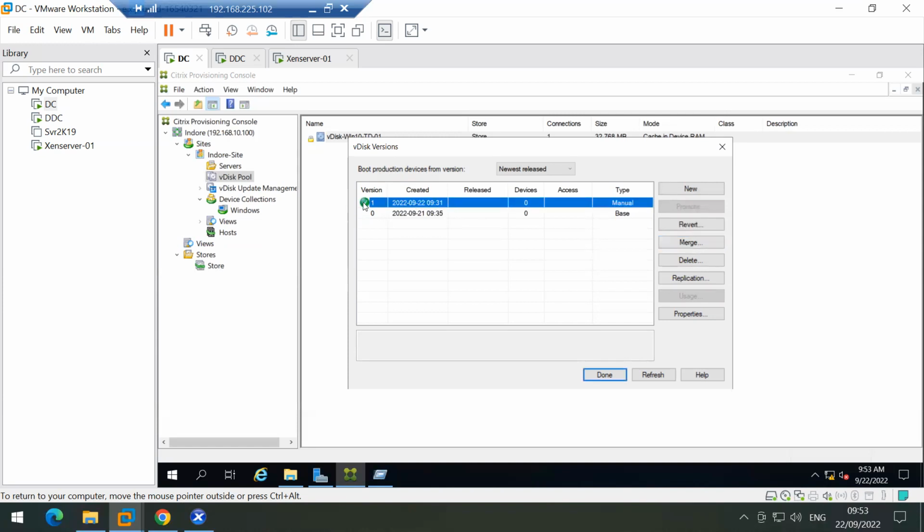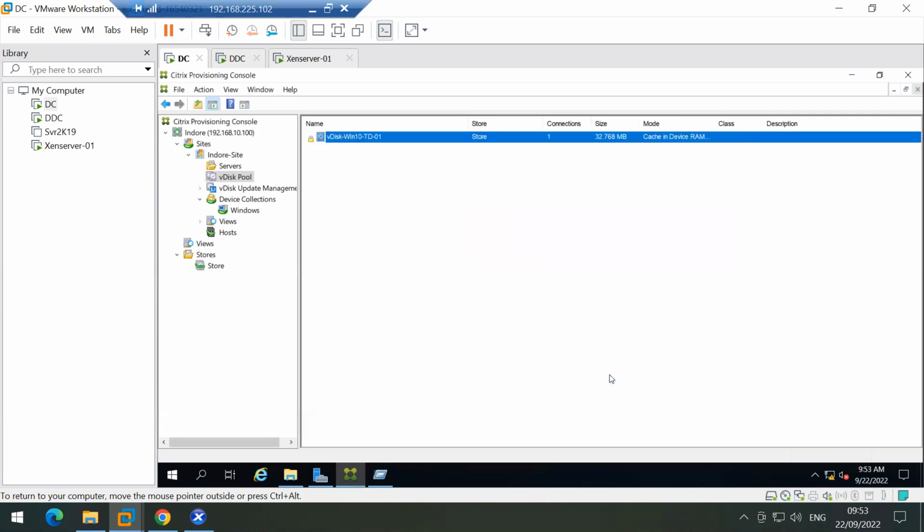So now, as you can see, this is the current running version, which is in the production now, and if you want to revert, you can revert it from here. And if you want to delete this version, you can do that, but you cannot delete the base version. Why? Because if something goes wrong, in that case you can directly switch operations to the previous version, the base version. So now click on done and go to the target device,